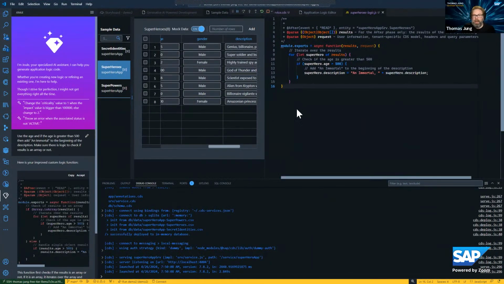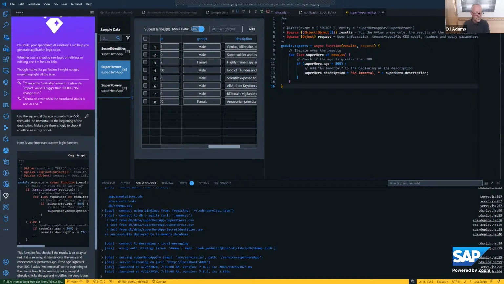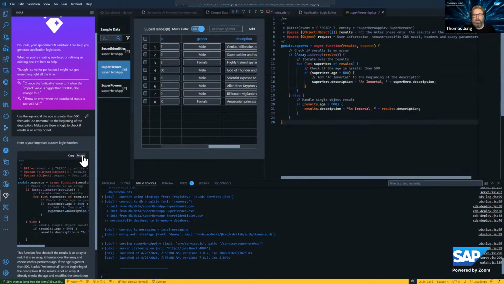Okay, there we are. There we go. And this is what I wanted. This is a little better. Although it would have been even better if it had taken my if check and put it in a separate logic block instead of repeating it. But I guess there are some differences here. But I'll go ahead and go with this.